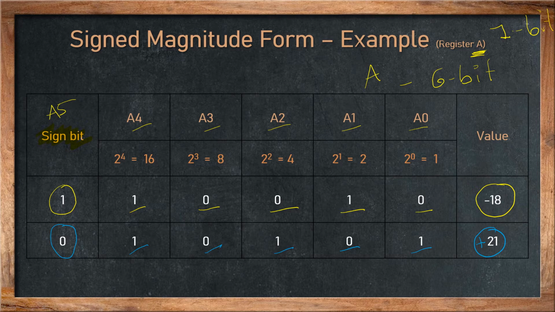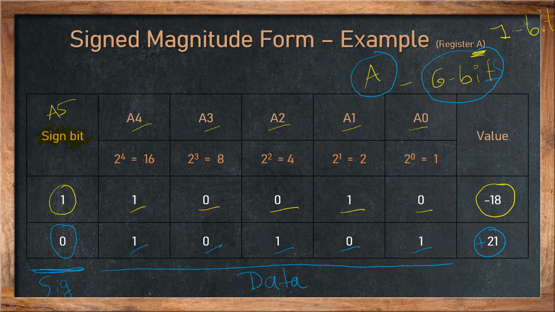So here I can say that my A register, which has a capacity to store 6 bits, is storing 5 bits for the number and 1 bit for the sign. So these are my data bits and this is my sign bit, right? It's very easy, very simple. So it's about the sign magnitude form, how the system stores your data in binary, and when it's a matter of the signs of the numbers, how to store the sign bit in a particular register.